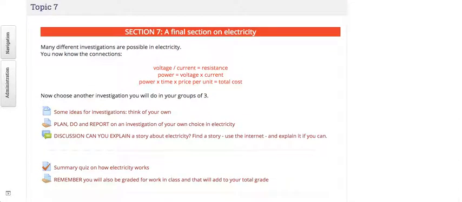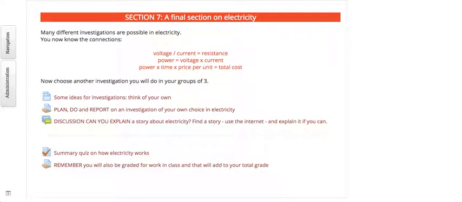And then there's a final section where students are encouraged to do an investigation of their choice, and that would be submitted for teacher consideration. So that's it, another electricity